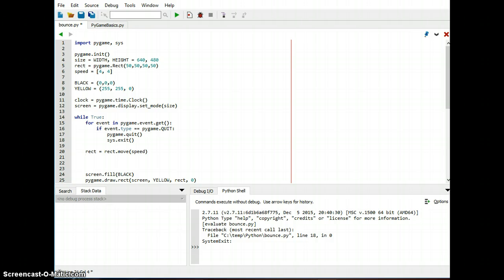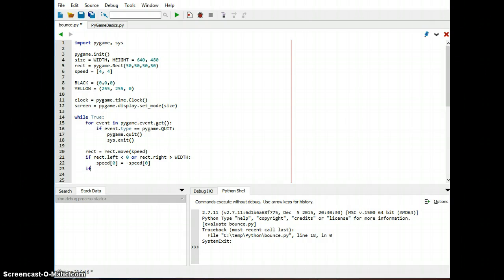So we can do this by checking the location of it. So we say if the rectangle on the left is less than 0, or the rectangle on the right is greater than the width. Okay. Then we're going to change the speed in the 0 direction to be negative. Now remember, what this is going to do is if it's a positive, it'll become negative, and a negative becomes positive. So that's how it controls the